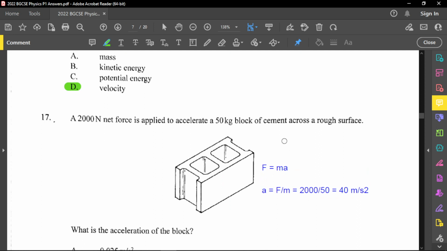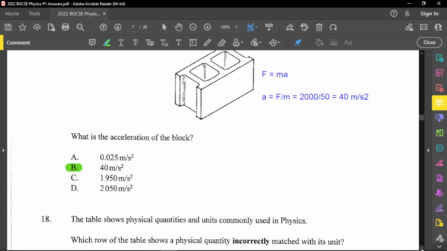Force is equal to mass times acceleration. And so therefore acceleration will be force divided by mass. So the force is 2,000 newtons divided by 50 kg. Therefore the acceleration is going to be 40 meters per second squared. All right, and so therefore B is our correct answer. And again, you can always pause the video to look at the calculations to make sure you understand how we